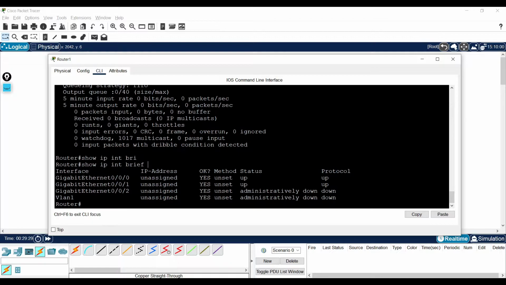The second thing you have to do is assign the IP address for each interface which is going to do routing. So the router will not support routing unless you unshut the interface and assign the IP address on the interface. Let me do the same.